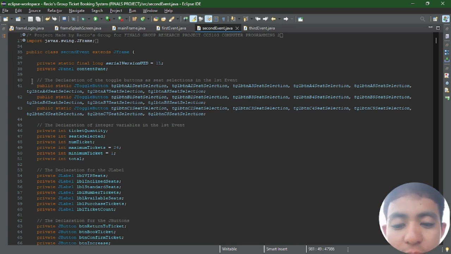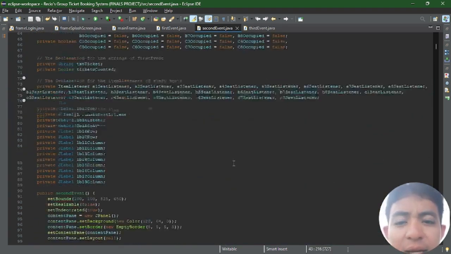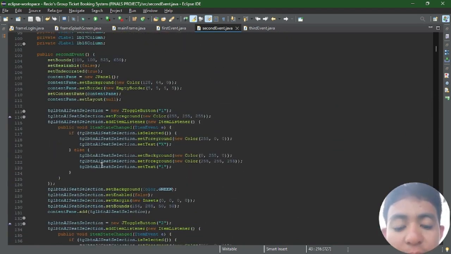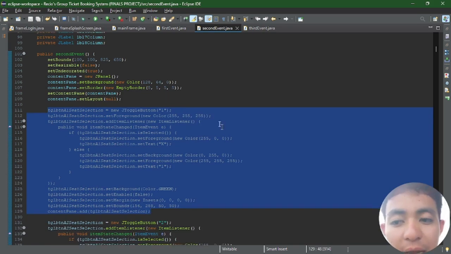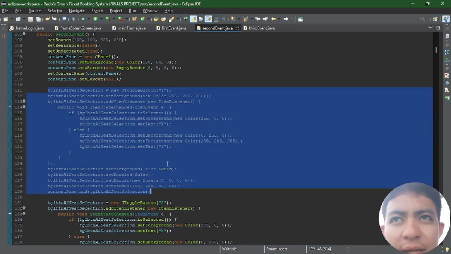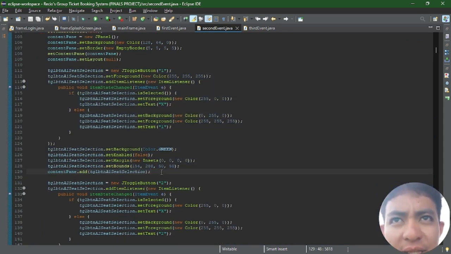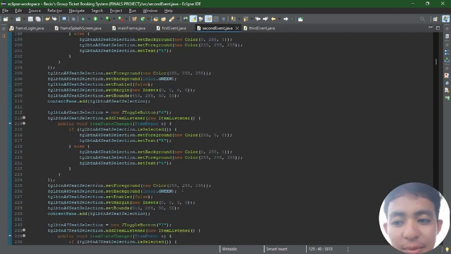Here are the codes for the toggle button. So we use the toggle button for the seat selection frame that we need to push. When pushed, the toggle button has many functions to create. We have this line for all the seats that we needed. We can see there are a lot of functionalities that the button will get.